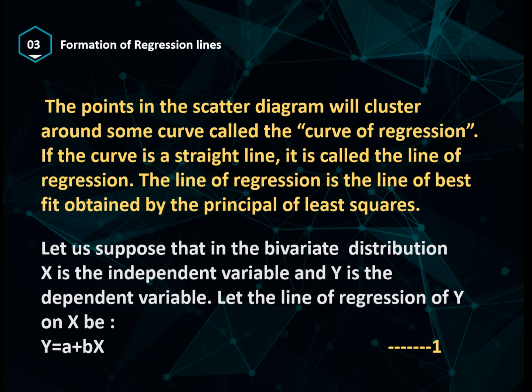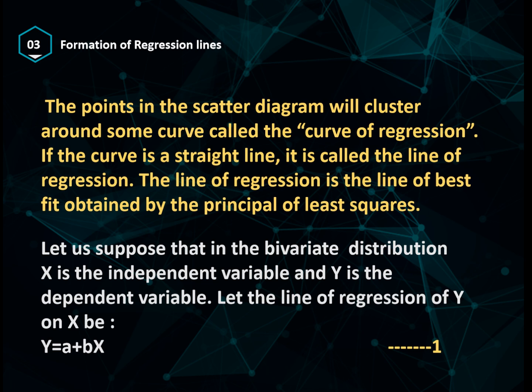There are some assumptions under this principle of least squares. The other variables that affect the response are controlled, and residuals are independent and normally distributed with a mean of 0 and constant variance. No uncertainty is expected in X. These are the basic assumptions under the principle of least squares.